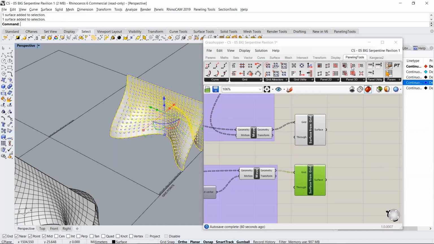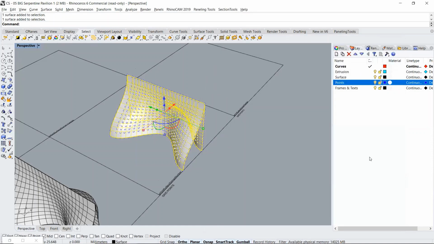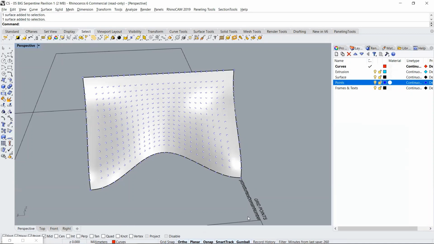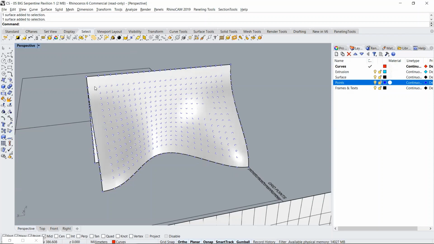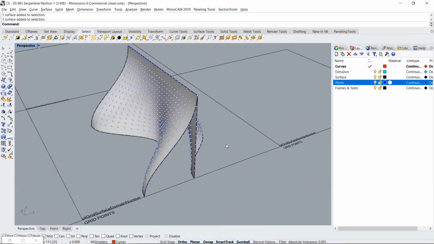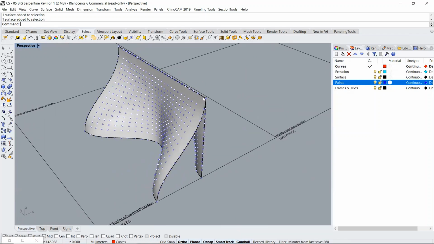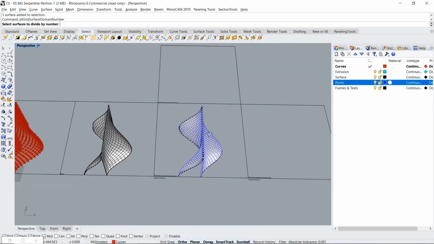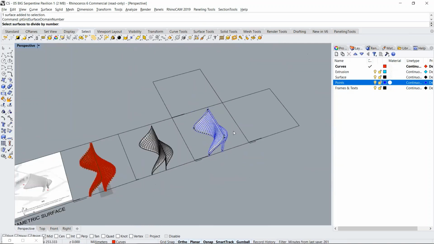I'm gonna turn off the ISO curves, properties, deselect ISO curves, go back into layers now. If you see the surface domain, grid surface domain number, it creates an even surface in the middle, but the perimeter is not even. So you can either cut off this perimeter with PT trim grid, which you learned in the very first paneling tutorial, or you can use the